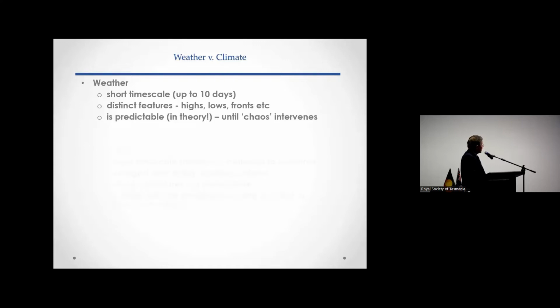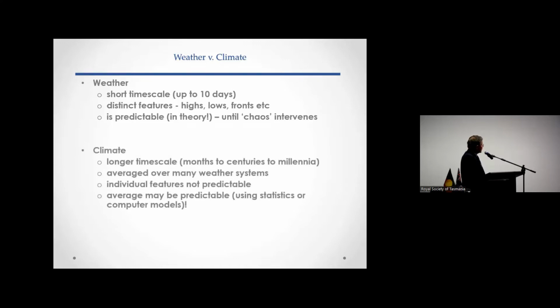And so climate is not showing you individual systems at all. As we've just seen, it's a larger timescale, a longer timescale, and it could be months to centuries and even millennia. It's averaged over many weather systems, not just one, many systems with individual features not predictable, and we know that the average might be predictable because we could use statistical methods or now computer models,